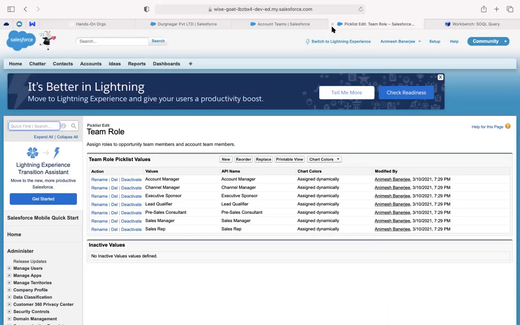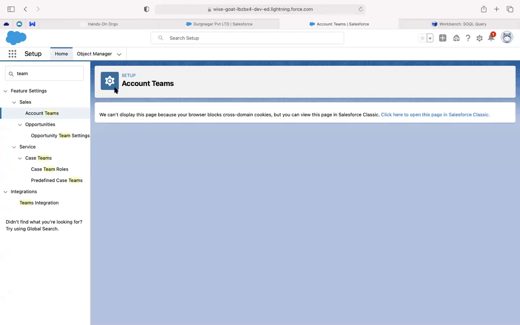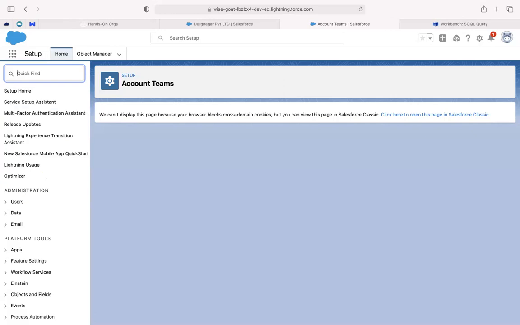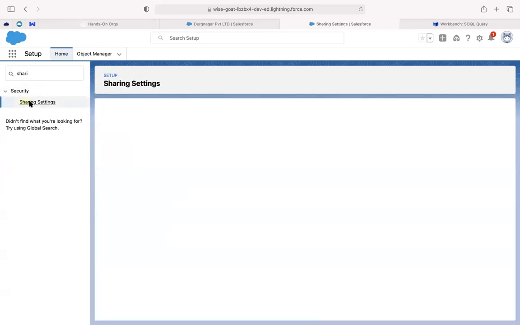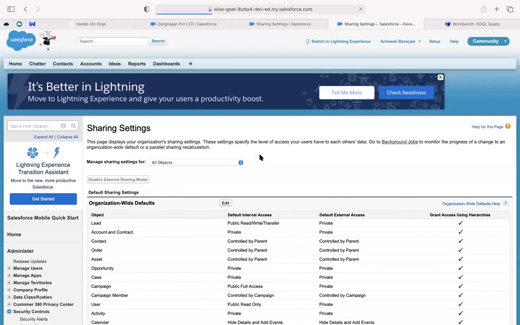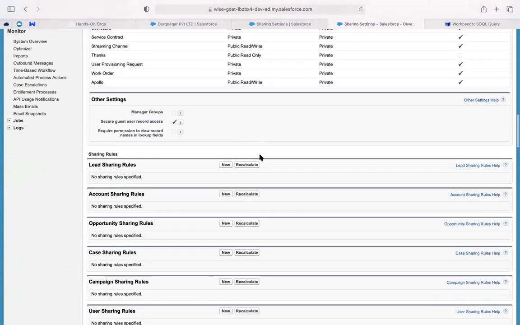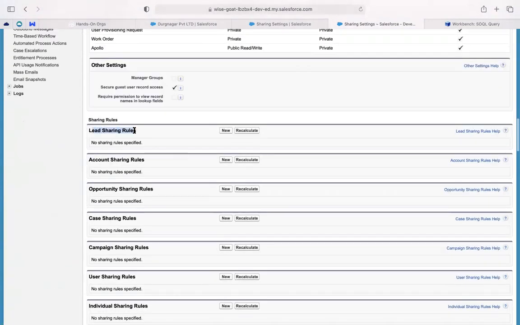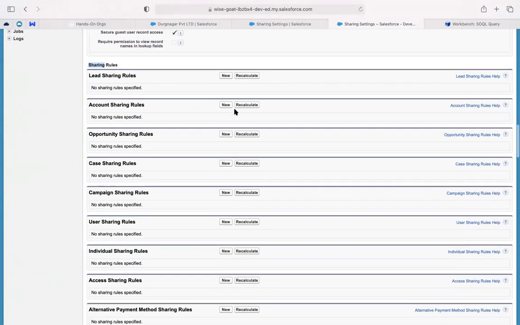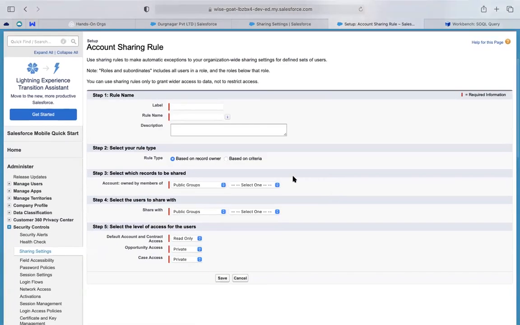Automatic sharing, as I said, would be done by sharing rule. First, we'll see role hierarchy, how that works. So we have created roles. Now in sharing settings, if you go to standard objects, you see every object will have sharing rules. So which object are we working on? Account, right? So we can create a new rule. What kind of sharing is this? I said two types of sharing rules are there. One is ownership based sharing, another is criteria based sharing.